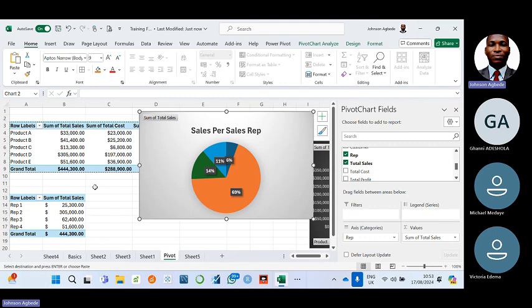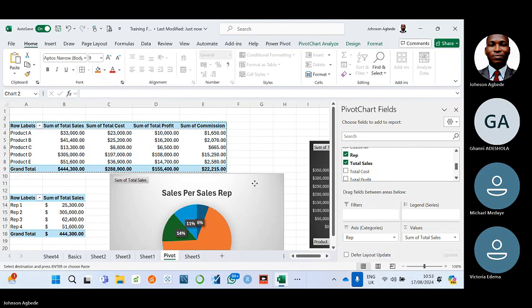Now it depends on the information you want to pass across that will determine what you are analyzing and what you are representing in your table. The last thing I want to talk about here